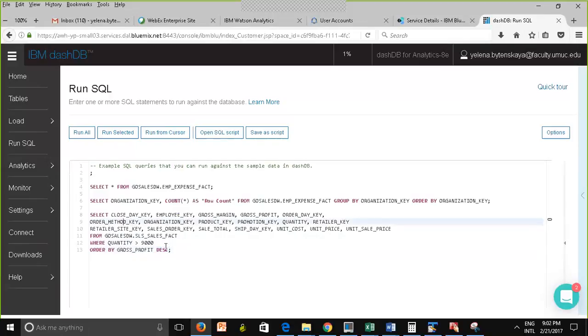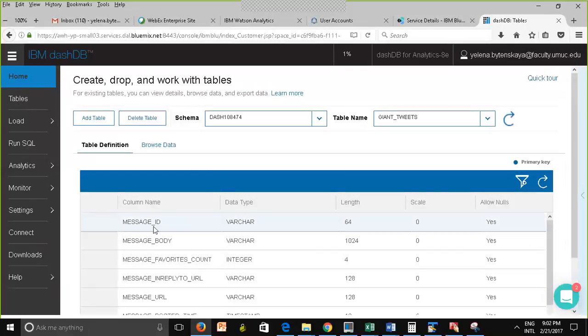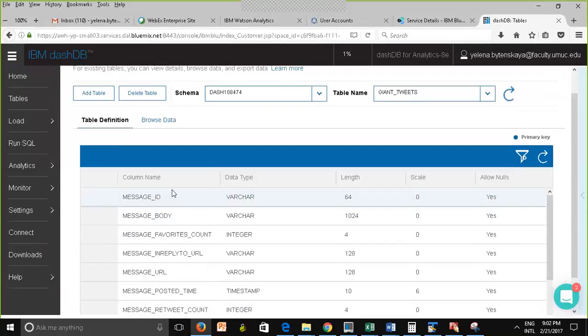So that's basically some existing queries, but when you write your own queries, you would find it helpful to go back to the tables and create a cheat sheet for yourself with a list of column names in each table. That way you could just copy and paste, right? Because when you just type it, there is a high chance of making a typo.